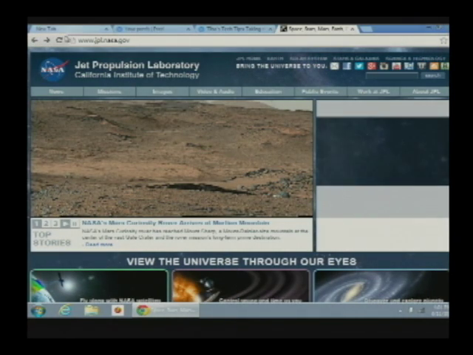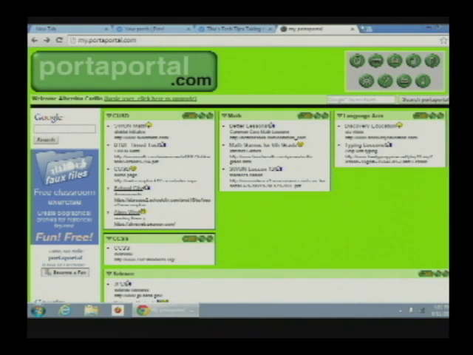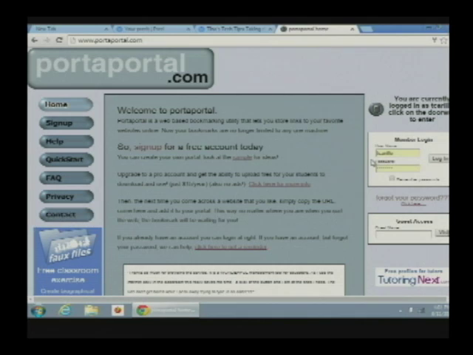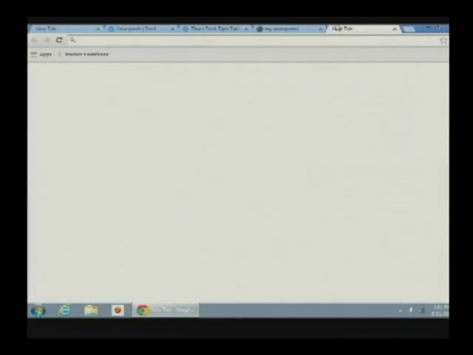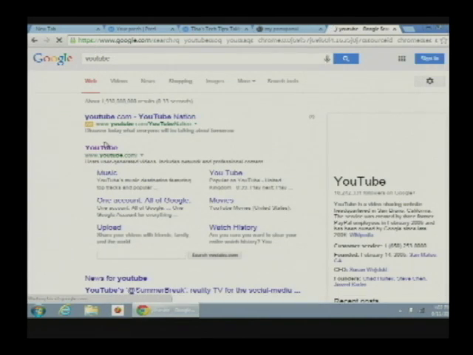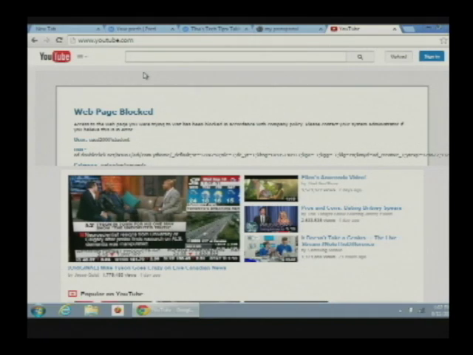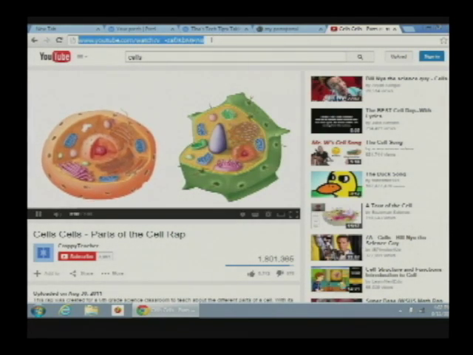So going back to our portal, it's very simple. Before we end, I actually want to show you how to actually set up your account and how to actually add on to your portal. So once you log in, you go to your website. For example, if you are looking for a video on YouTube, you go to YouTube, you log in, and say, for example, you're looking for a video on sales. Search for your video, find your song that you like, something that will get the students interested. You copy it,